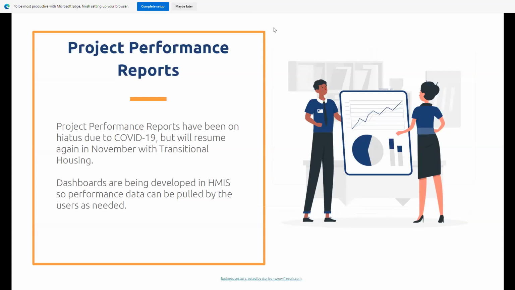So I think that's it. Like I said, we don't want to put more pressure on you guys, but we have to be in compliance with the HUD guidelines, and we have to make sure our data as a COC is the best that it can be. So that's why we're moving forward with these again. And like I said, look for an email, transitional housing providers, with more information and data so you can review. And then in November, we should have some more information for the group. And that's it for me.